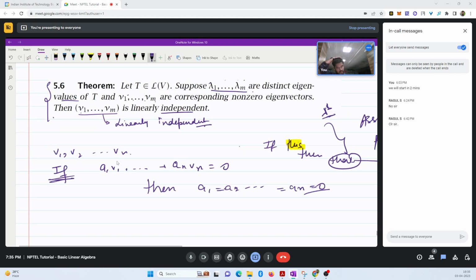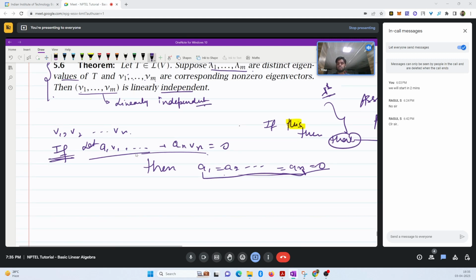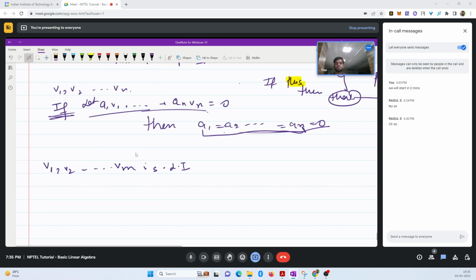Similarly over here, you let this thing be equal to 0, and then using this and whatever is given to you, you reach a point where you can say that a1 is equal to a2 is equal to an is equal to 0. Okay, so we have to prove that v1, v2, ..., vm is linearly independent. So we let